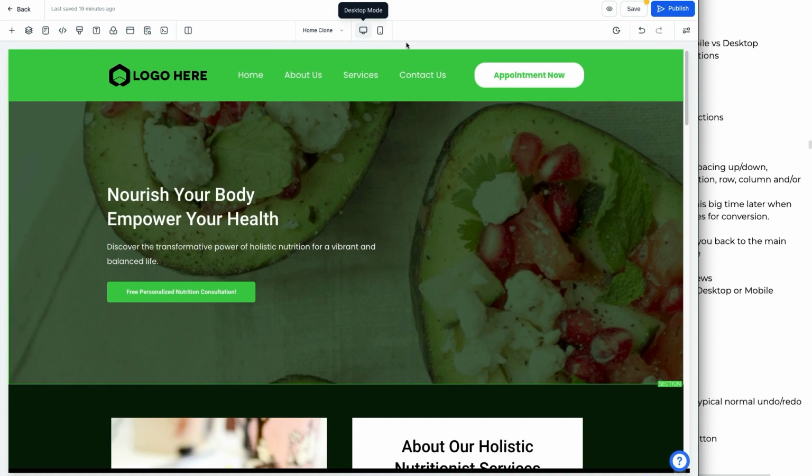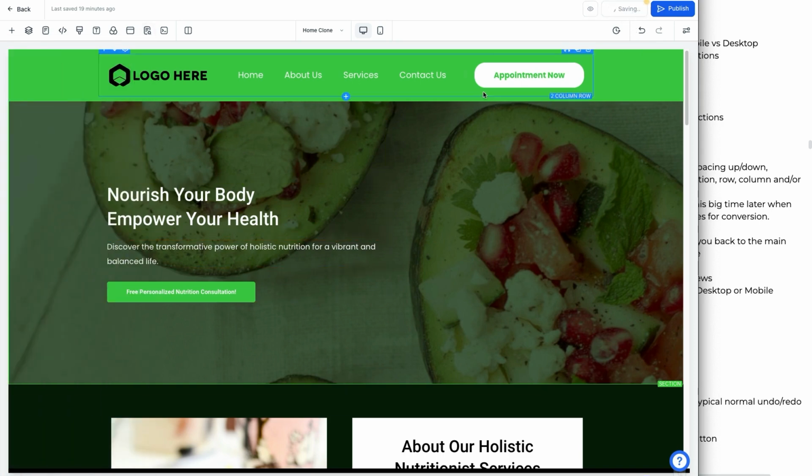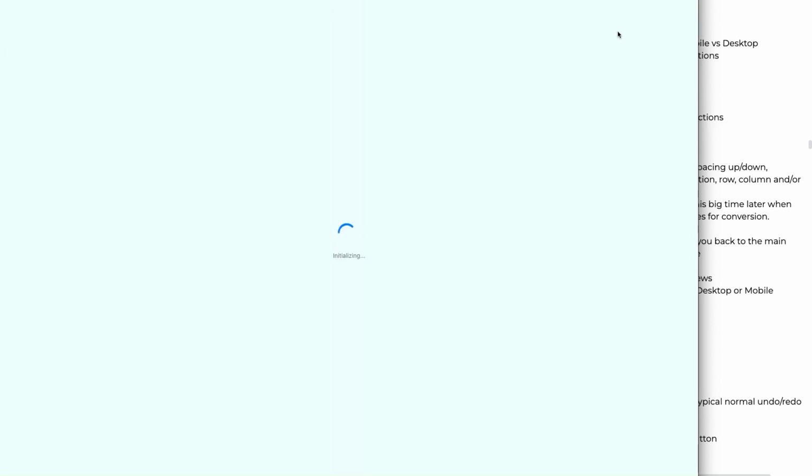Okay, from there, we talk about version. I don't want to click this right now because it says that I haven't saved. Actually, let's go ahead and save real quick. On here, it says that I have to update my SEO metadata. So I save. Saved, right? Now, if I click on versions on there,